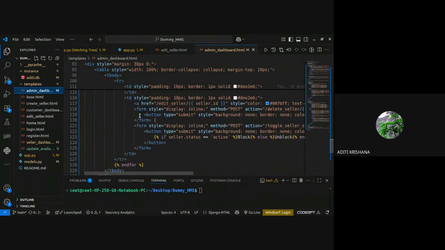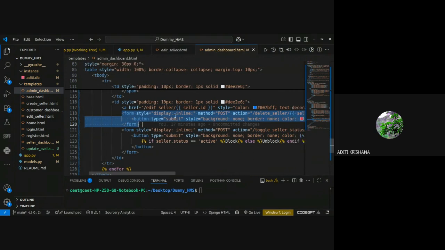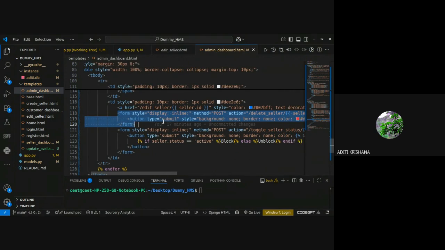One minute. This is edit seller, and this is the delete functionality. So you can ask me why I have written it inside a form tag, because I have created the seller using a form tag, I have edited the seller using a form tag. So I am deleting the seller from the form tag. Okay. So this is the main reason why I have mentioned form directly here, because it was not a lengthy thing. I don't have to mention the labels and inputs. I am just deleting the particular data from that form tag.